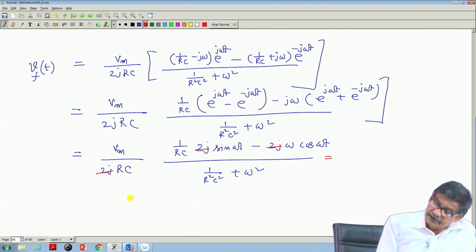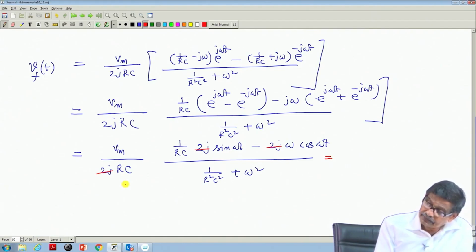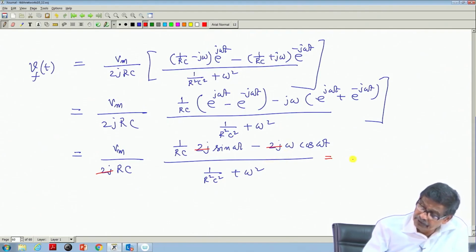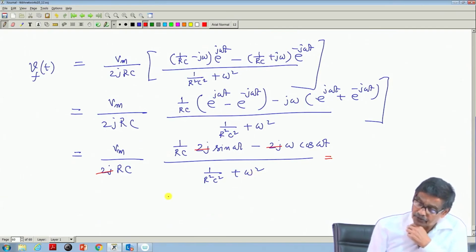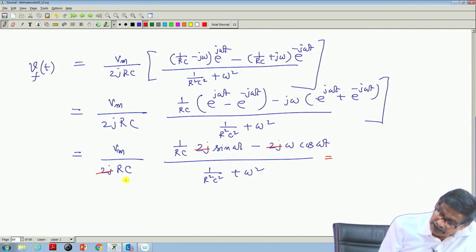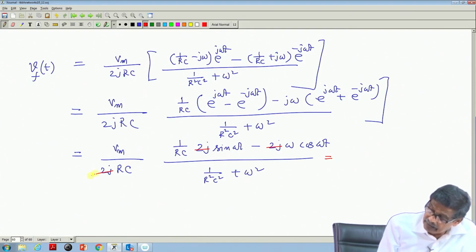So, this can be written as 1 over R c omega c, okay. So, you write it like this, below 1 you divide first by omega square c square, R square c square on the top and bottom. If I multiply and divide by R square c square,